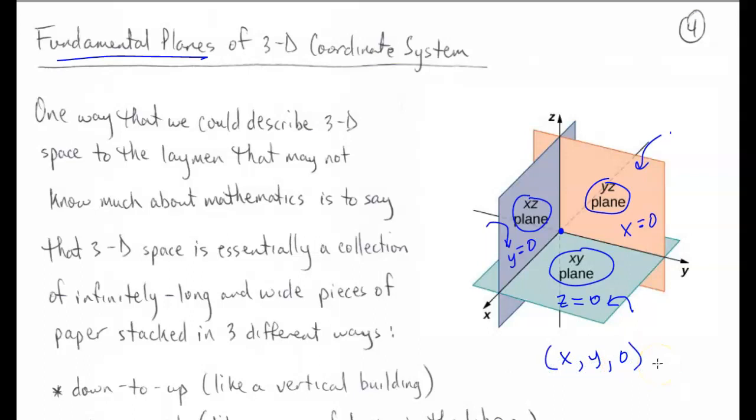Okay. X could be any real number, Y could be any real number, and of course the Z coordinate would be 0. If we were considering a plane that was parallel to the XY plane, so let's say I had a plane that was way up here that looked like this,